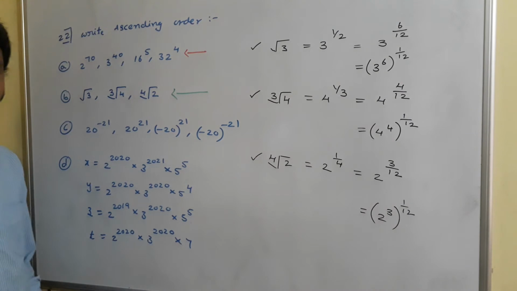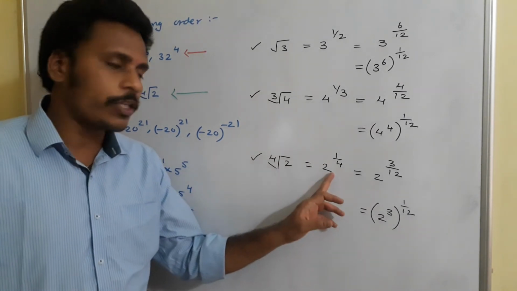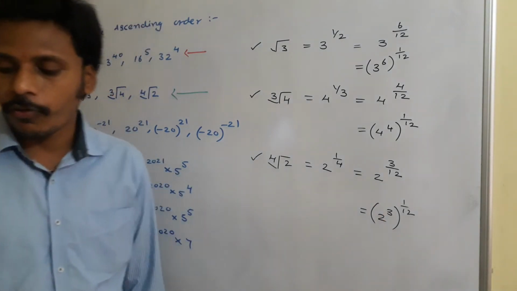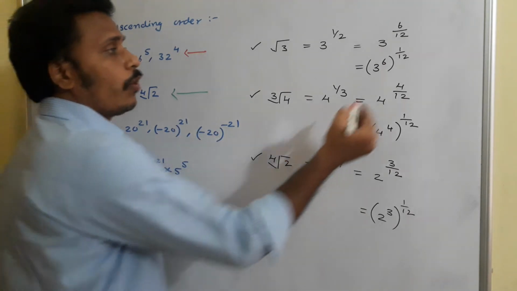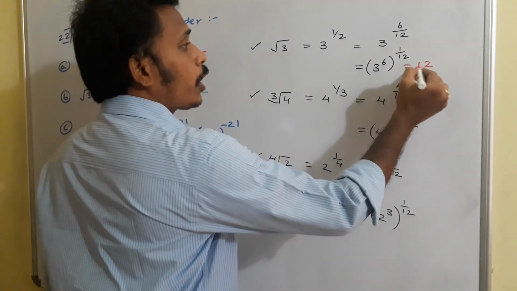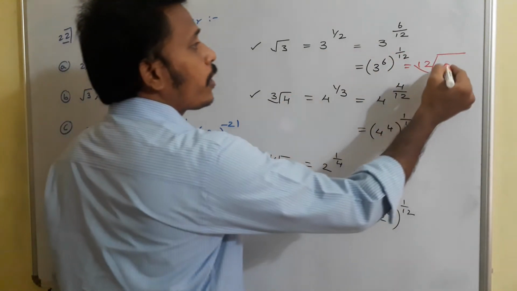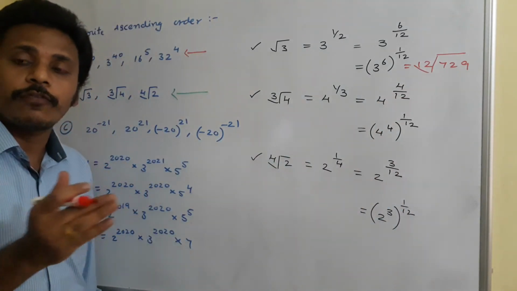Just observe this. We are using different laws of exponents. First of all, converting nth root to exponent. And then a power m to the power n, which is a power mn. That's what I am using. And now 3 power 6 power 1 by 12 can be written as the 12th root of 3 power 6. And the value of 3 power 6, I know it as 729. You just check it. Multiplication of 3 for 6 times.